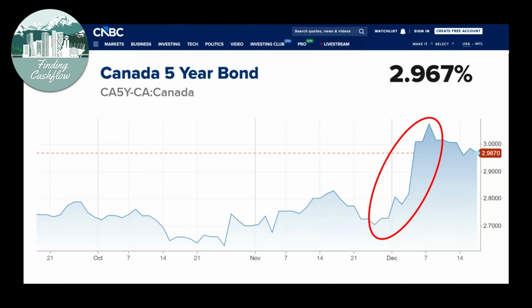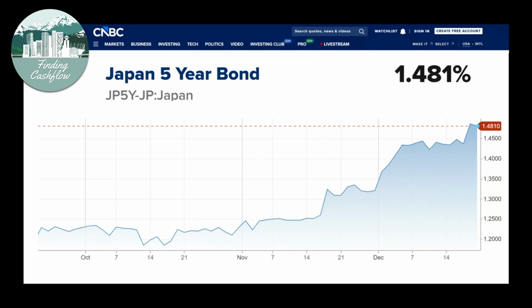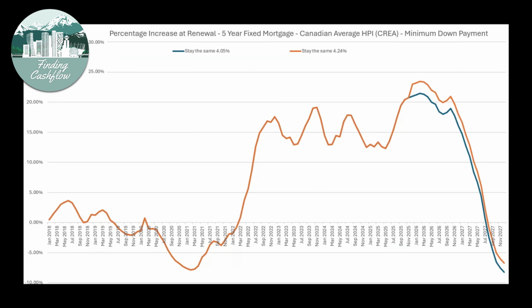And the Canada 5-year bond yield increased substantially at the start of December due to a substantial increase in the Japan 5-year bond yield. Once again, it is very important to understand how all of these bond markets are tied together, and how changing bond yields in the major economies around our globe affects everything in our economy. So once again, we can see the mortgage renewal wave, which is perfectly accurate up until December of 2025, as we already know where rates have been up until this point.